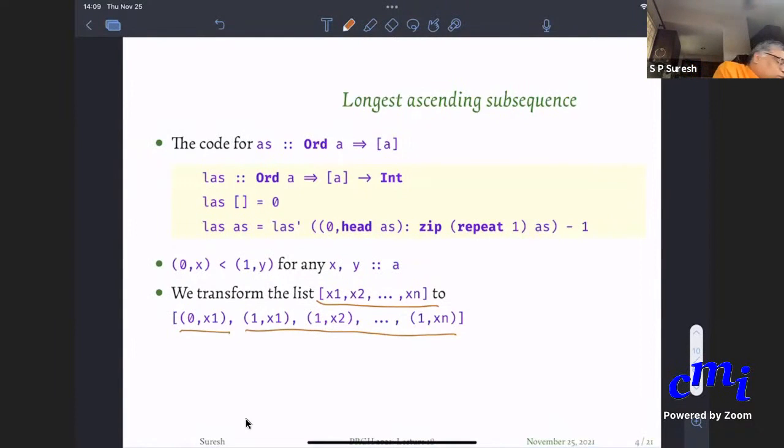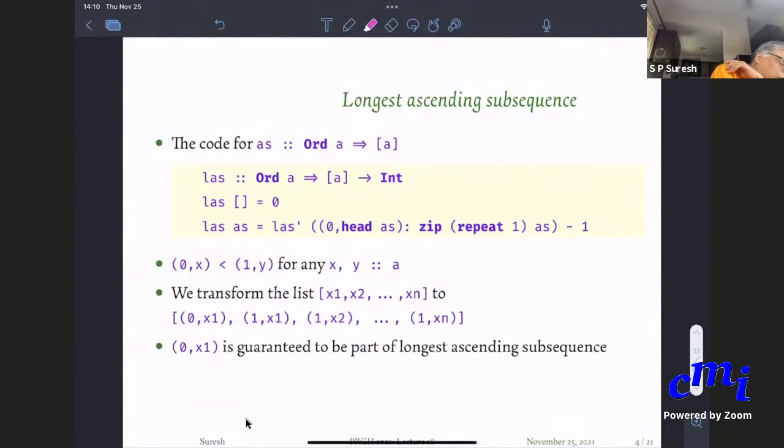Why does this work? Because (0, x) is less than (1, y) for any x. It doesn't matter whether x is greater than y or x is less than y. You can check that (0, x) is always smaller than (1, y), no matter what x and y are. So this is guaranteed to be smaller than everything in xs. That is (0, x1).